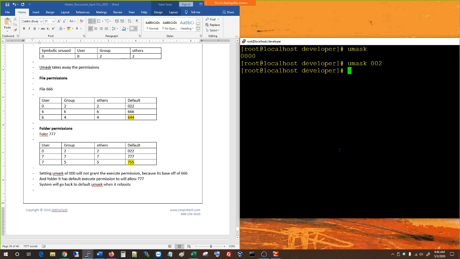Okay. So if I create a file here, what would be the permission here? The permission would be 664. If I create a file here, touch file 3,